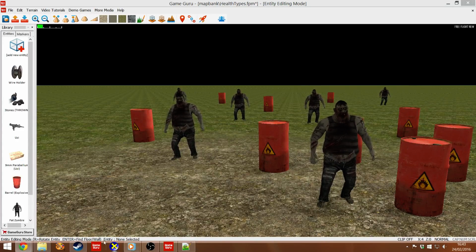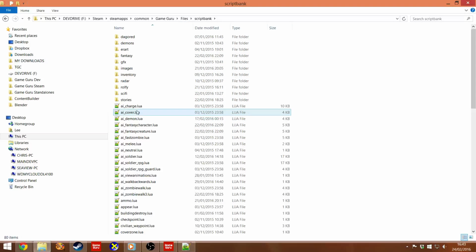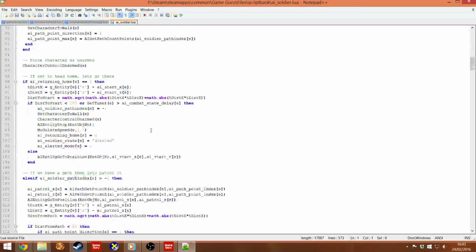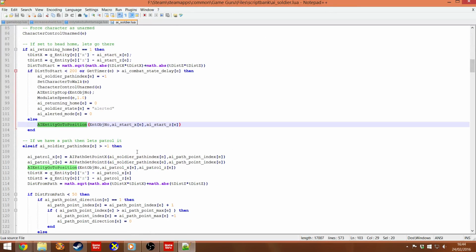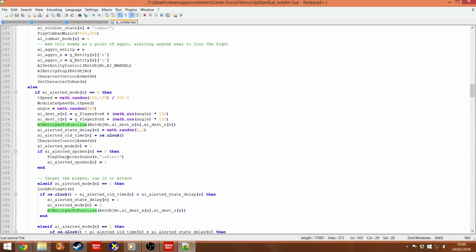There are some really cool commands. If I show you one command, that might give you a clue as to how it was all possible. Script bank soldier. Where's the soldier? And we scroll it down here to, here we go. AI entity go to position. That will get the AI system to find a path from where this entity is to a particular location on a map, and it will move it to there. That position doesn't necessarily have to be the player. It doesn't have to be waypoint nodes. It could be some enemy that this entity doesn't like, and it can move to that. And then you combine that with commands like...